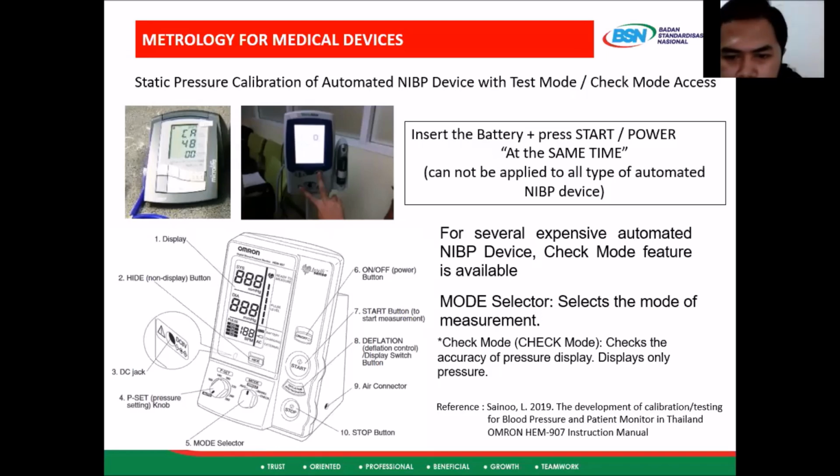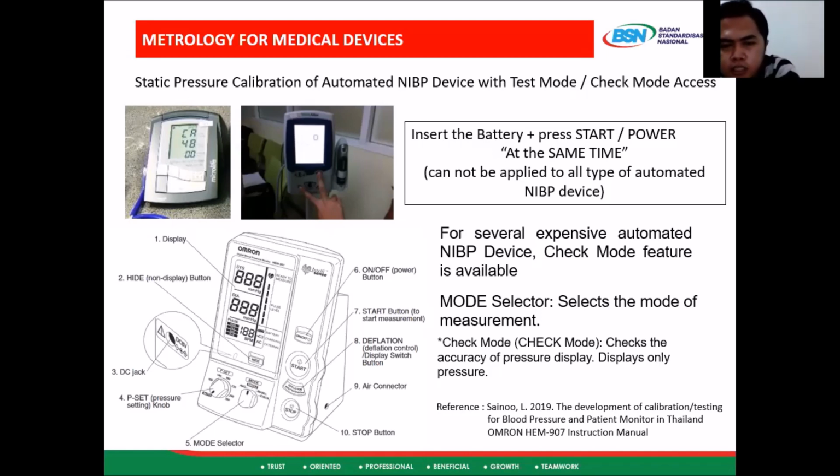The check mode means that this mode is to check the accuracy of pressure display. So for several expensive automated devices, the way to access test mode is very simple. Just change to the check mode, and here we can connect to our pressure standard